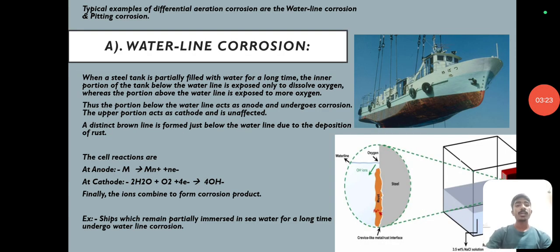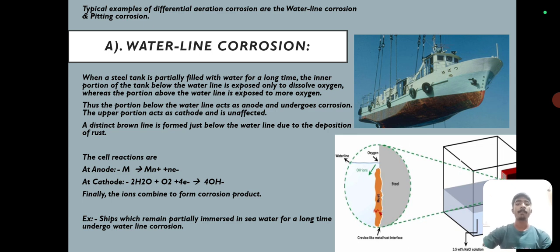Next, waterline corrosion. When a steel tank is partially filled with water for a long time, the inner portion of the tank below the waterline is exposed only to dissolved oxygen, whereas the portion above the water is exposed to more oxygen. Thus, the portion below the waterline acts as anode and undergoes corrosion. The upper part acts as cathode and remains unaffected. Here, a distinct brown line is formed just below the waterline due to the deposition of rust,